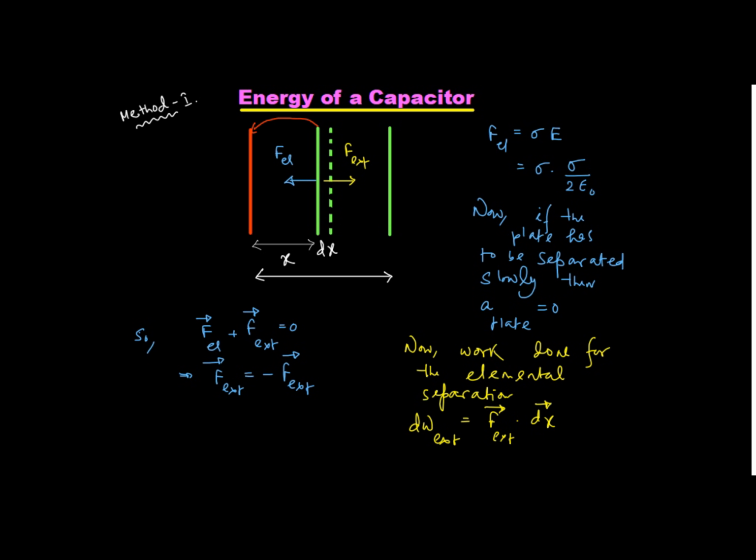Then by applying an external force, now since this is having positive charge, this is having negative charge, so there will be a force of attraction. So this green plate will be attracted by the red plate, and the direction of the force is also being provided here. So there will be a natural tendency whenever you try to separate, the green plate will automatically move towards the red plate. But we do not want that situation. What we want is that we are trying to separate the plate. So I am applying an external force exactly opposite to the direction of the electrostatic attraction.